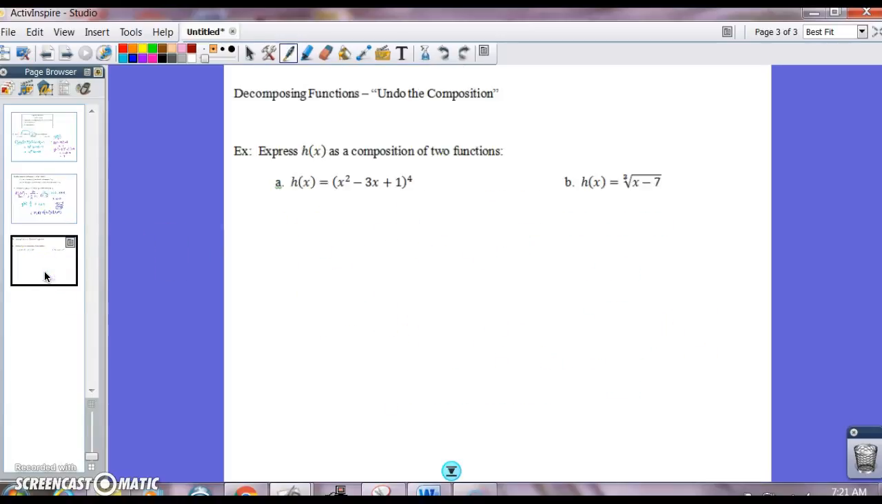Okay, lastly, I just want to go over really quickly kind of undoing the composition or decomposing functions. It's really not too complicated. What I want you to do is look at the function and say, hey, how can I write that as a composition of functions? Well, when you're looking at this, you could say, okay, well, I have this function that's being raised to the 4th power. So if I kind of break that down and say, okay, well, if I take some function, x to the 4th,